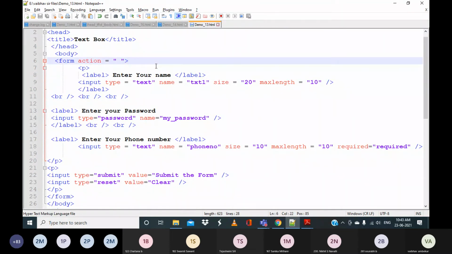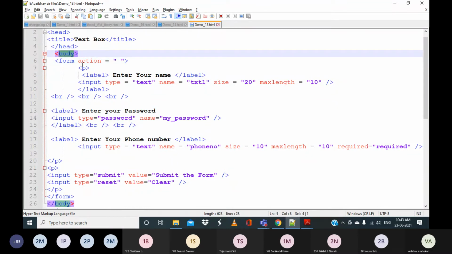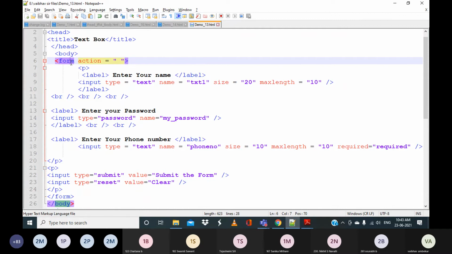Basically we need to write it this way. Form is a block tag. Like we have the body tag, form will always be included after the body tag. It is a block tag. Inside the form we can use any allowed tags like p tag, h1 and so on. Form is used to take the user data for storage purposes, or to give different options to the user, so that the user can enter the data and that data can be stored or sent to the server to save the information.